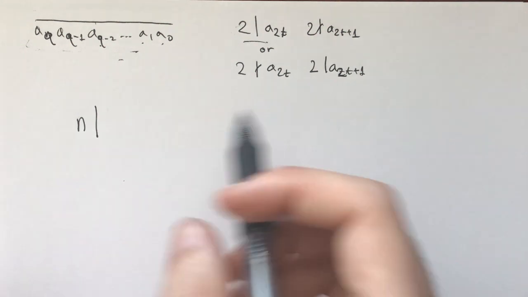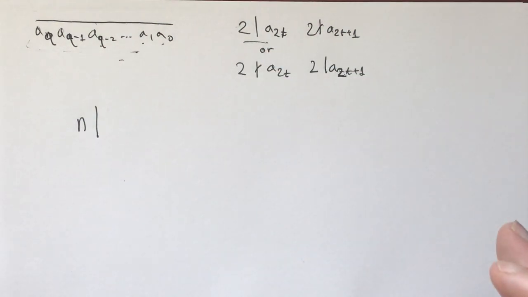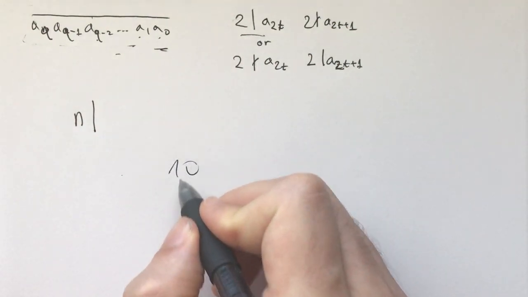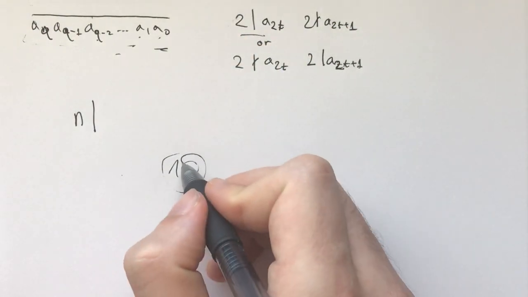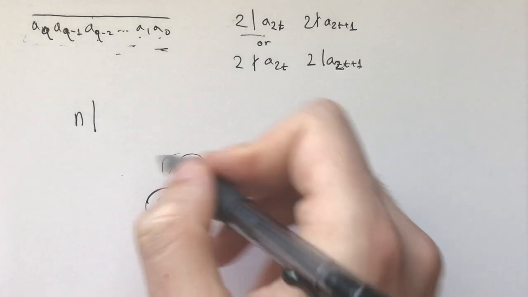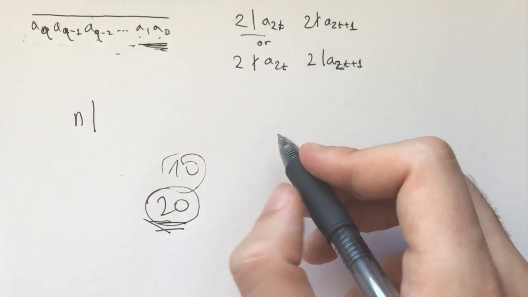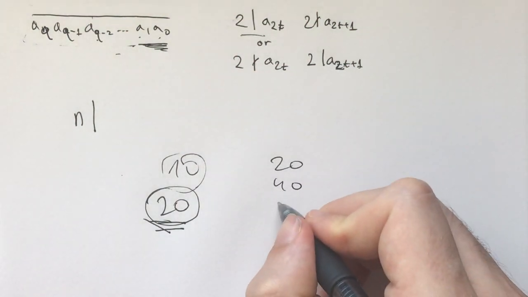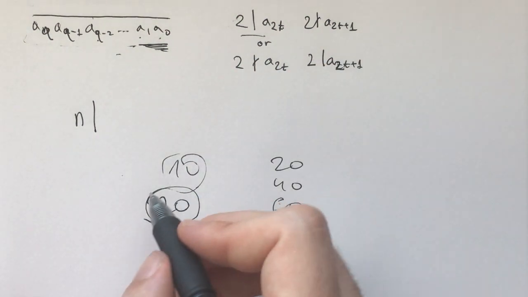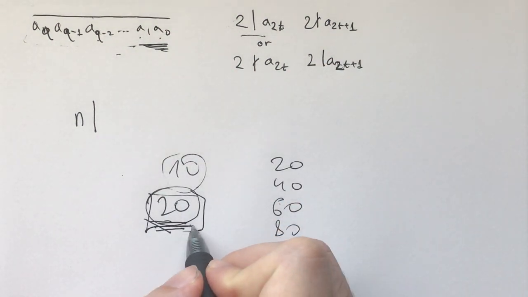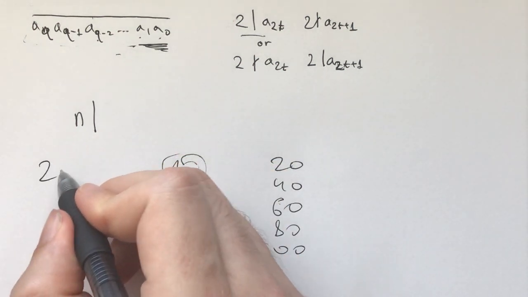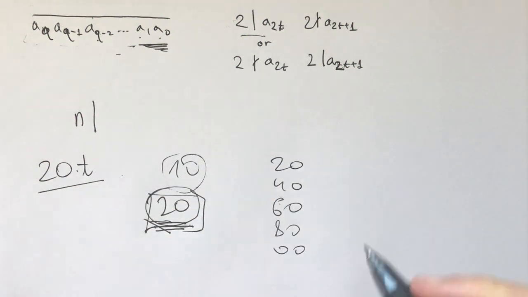Now for me, the first thing is, let me see which numbers definitely are not alternating. So the first number that comes to mind is, okay, what about 10? 10, okay, we can have. But what about 20? Well, 20, when is a number divisible by 20? Well, it's divisible by 20 when the last two digits are either 20, 40, 60, 80, or 00, which is impossible. So, no, 20 does not divide any alternating number,